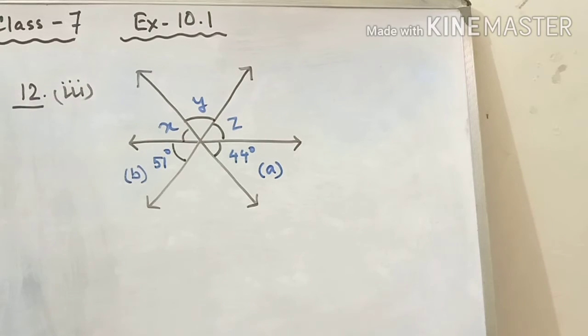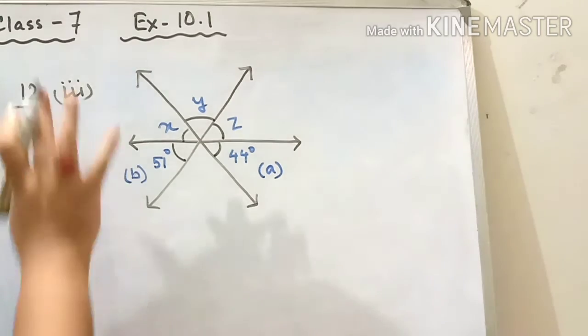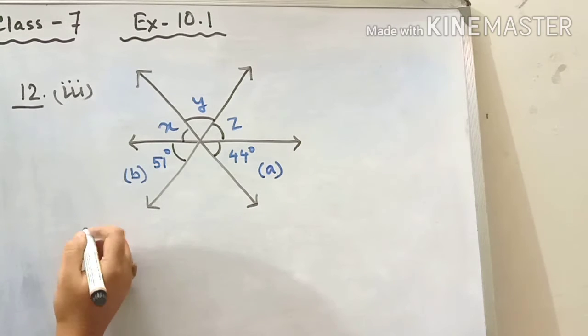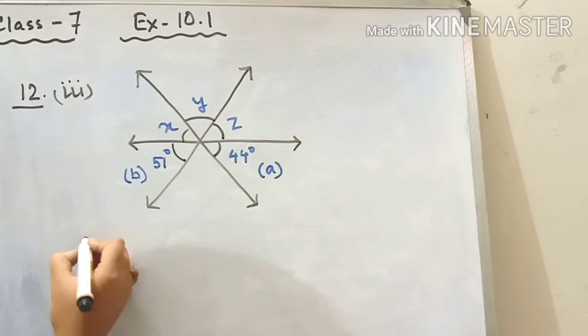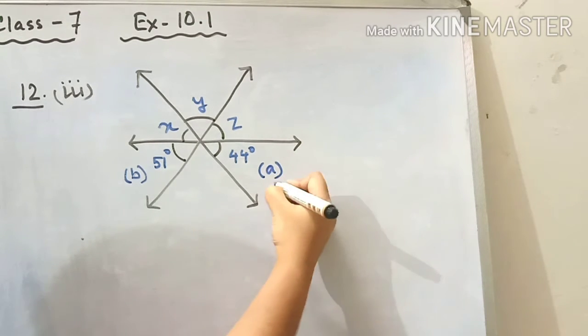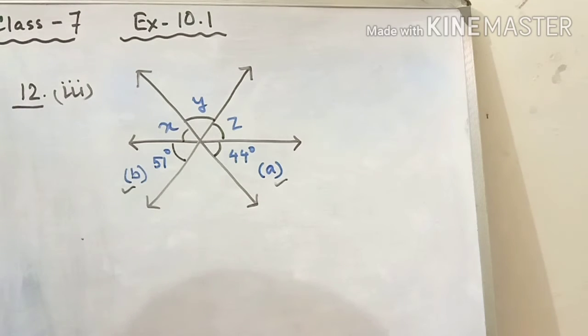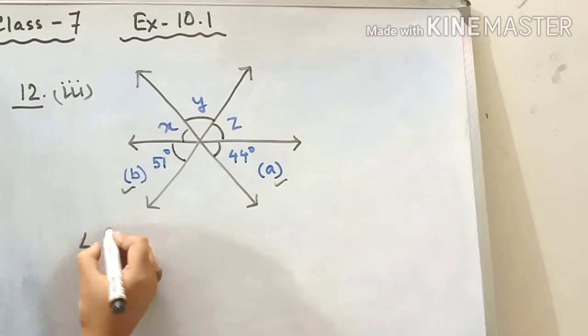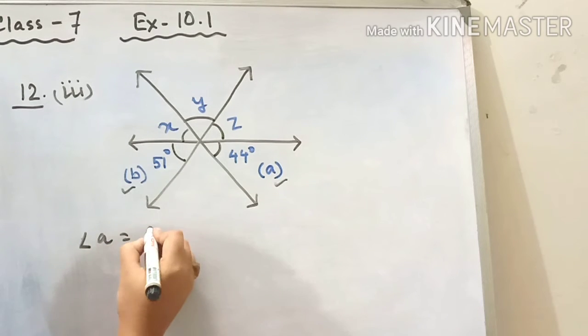And this is our answer. Now coming back to sum number 3. What we are going to find here? We are again going to find out the vertically opposite angles which are present out here. Initially we are going to find out all the vertically opposite angles. It will be easier for us. Okay, so here I have named already these two angles as angle A and angle B.